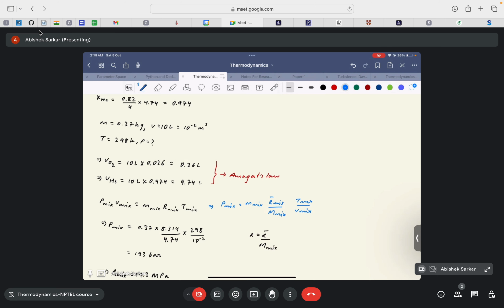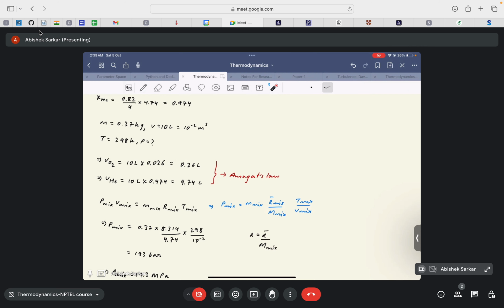Okay, so 8.314 is the universal gas constant, right? So we can substitute R bar as the universal gas constant because it's constant for each and every type of gas. To find the specific gas constant for this particular mixture of gas, you divide it by the molecular weight of the gas, and that's how we evaluated the molecular weight of the gas, which turned out to be 4.74